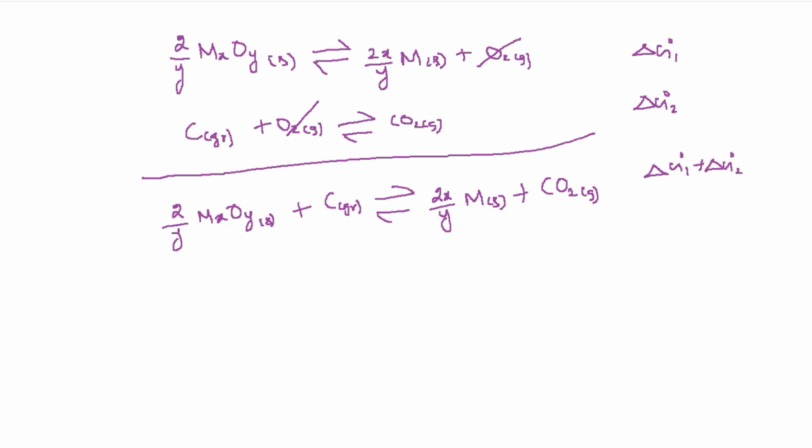This reaction is feasible only when the sum of standard free energy changes of these two reactions is less than 0, that is negative. Then carbon can act as reducing agent for this metal oxide to produce the metal M. If the sum is greater than 0, that is positive, then carbon cannot act as reducing agent for this metal oxide. Similarly, if we add the reactions 1 and 3,